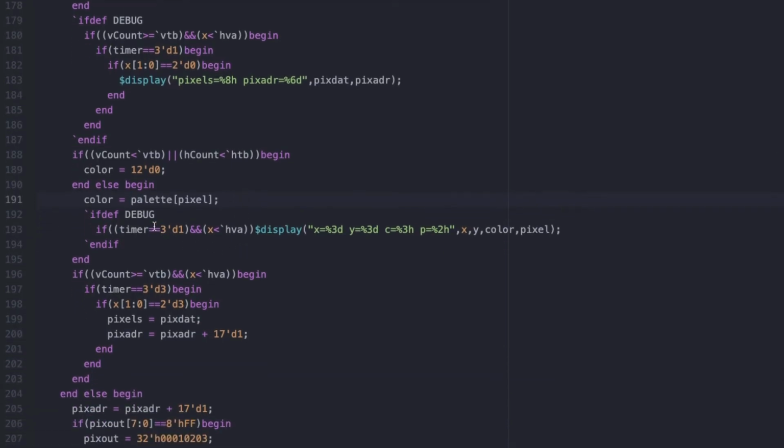And so here we have a debug statement. We're just checking to see what the X and the Y and the color are, actually that's the pixel address right there. That's the palette address for the pixel. And so we got all that figured out, so in the simulator we can look at it,